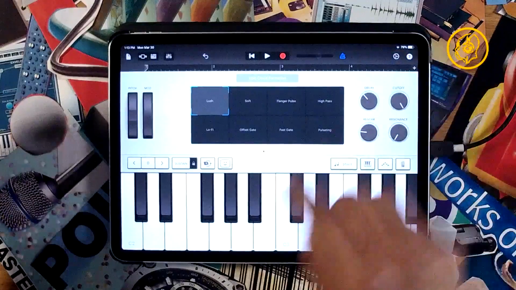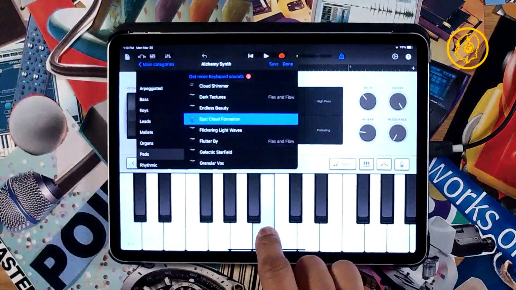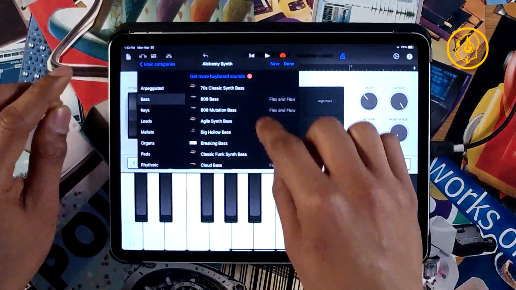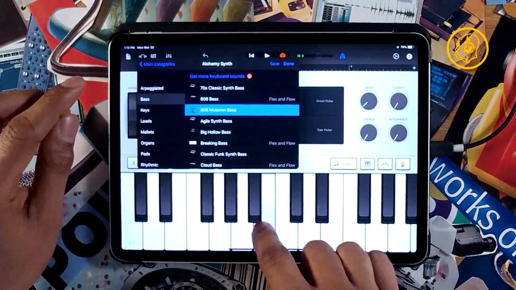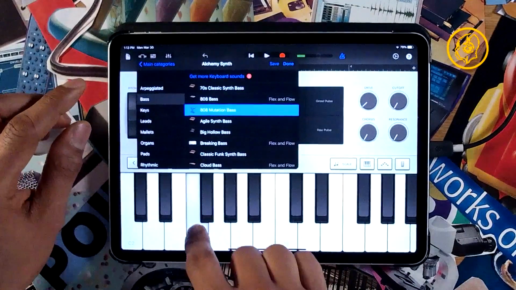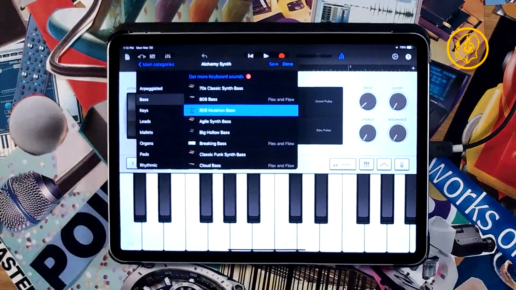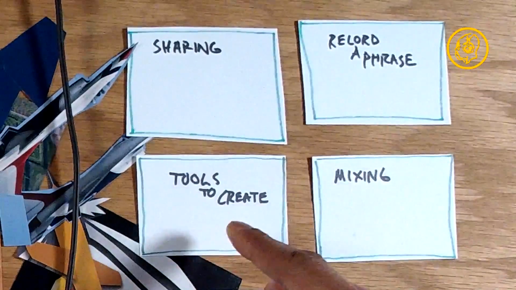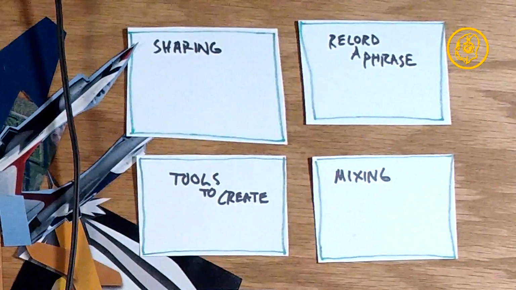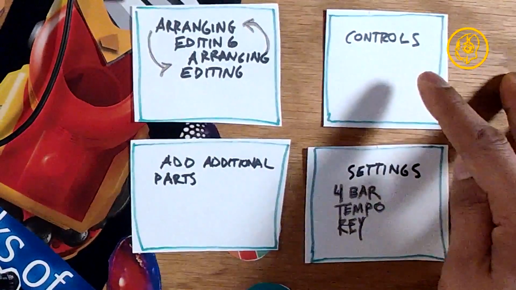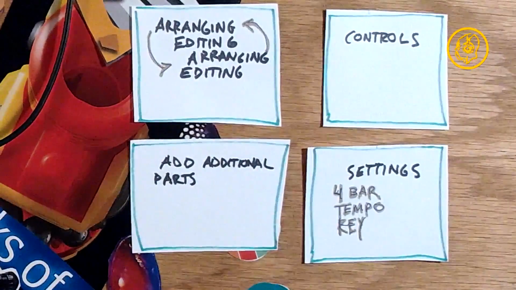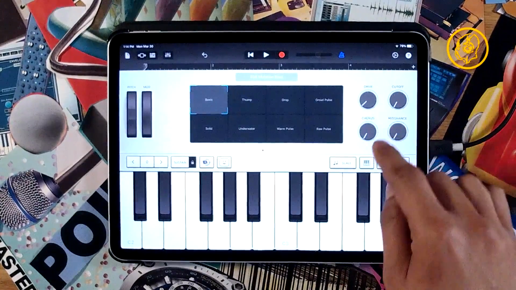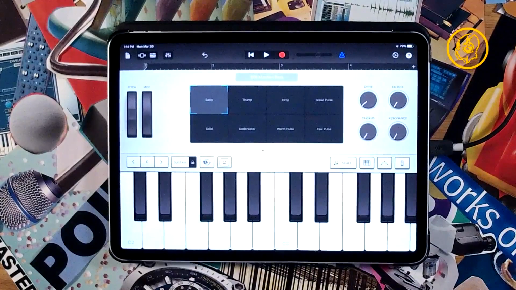So, it's epic cloud formation. I want to start with some bass. Okay. So, remember I told you there's a lot of tools to create, and we're recording the phrase, right? Within these tools to create, you have controls. And these controls are right here. You see these? You got drive, you got cutoff, you got chorus, you got resonance. Okay?